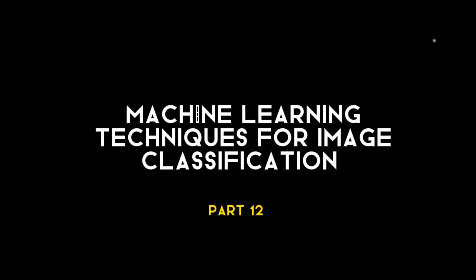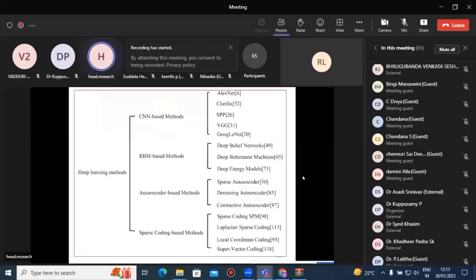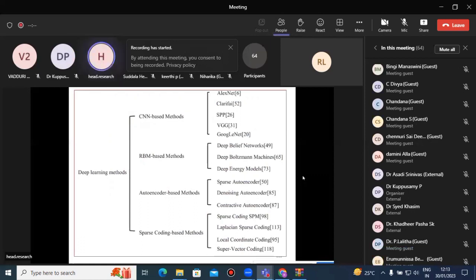Machine learning techniques for image classification. Deep learning methods like CNN-based methods, RBM-based methods, and autoencoder-based methods, sparse coding methods. CNN-based methods: ResNet,